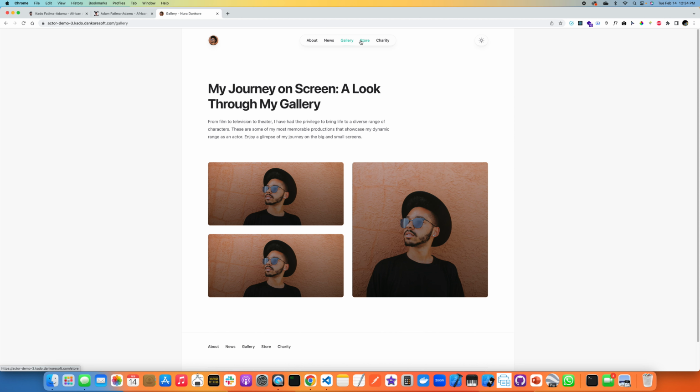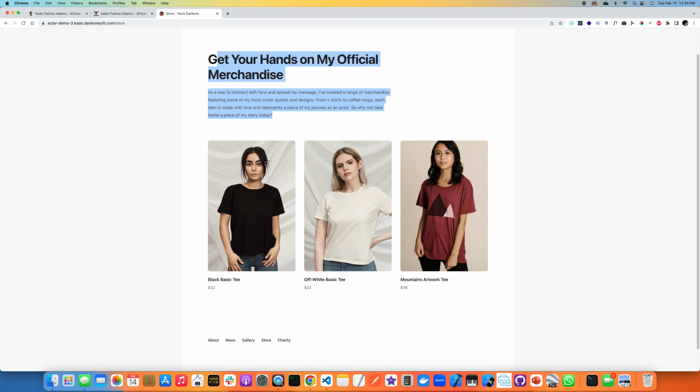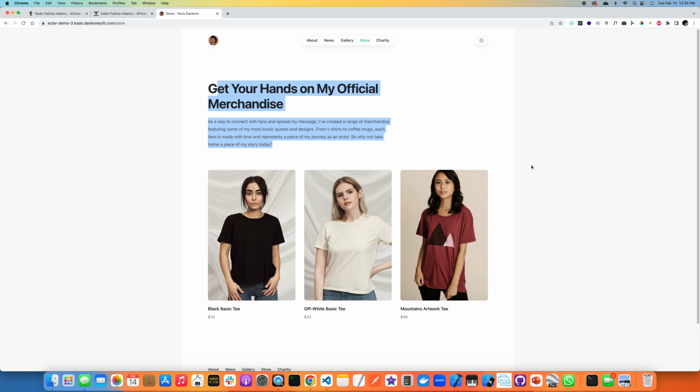And then next is the store. So this is an example of what I mean by store. You could be selling anything. You could have a whole page dedicated to that, where people can order things like that, your merchandise.